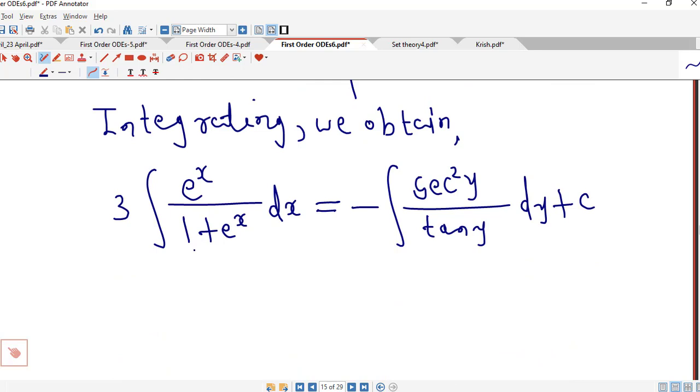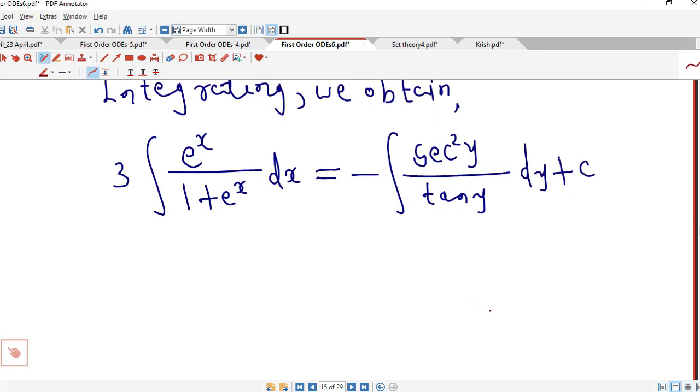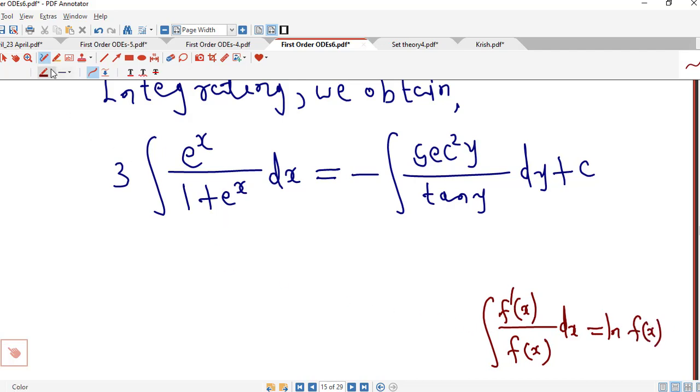So we can see derivative of 1 plus e raised to x is e raised to x, which is in the numerator. Similarly, derivative of tan y is sec square y, which is also in the numerator. So we can use this formula. If we have f(x) in the denominator and its derivative is in the numerator, then this is equal to logarithm of f(x). So using this formula, we obtain 3 times logarithm of 1 plus e raised to x equal to